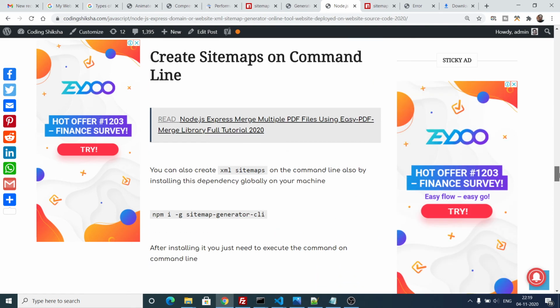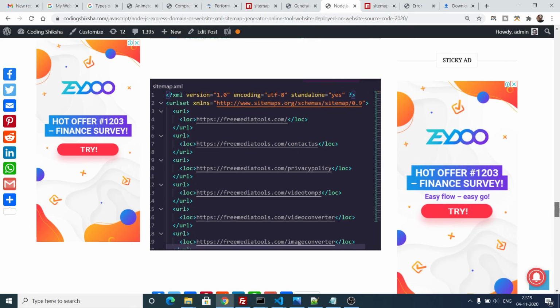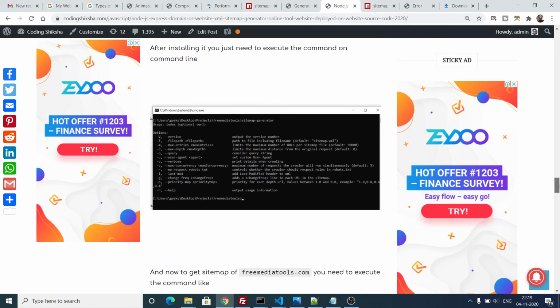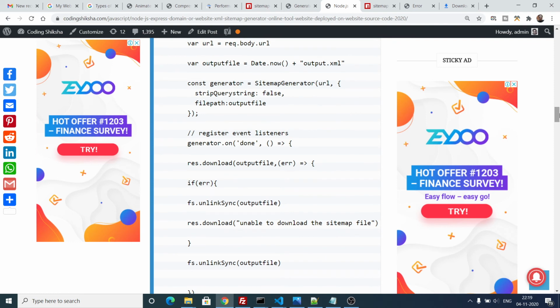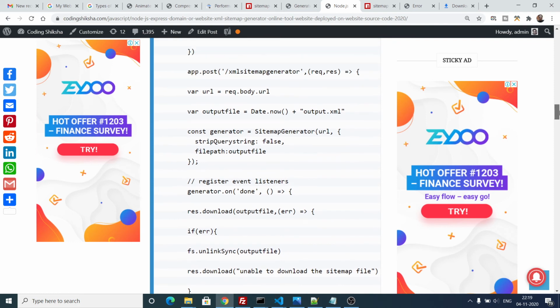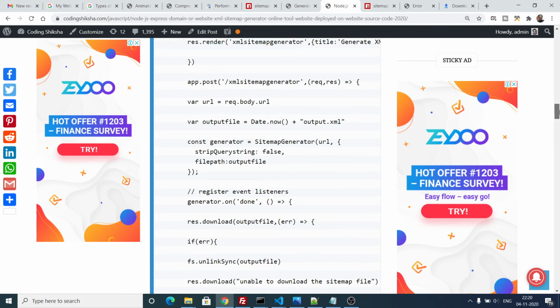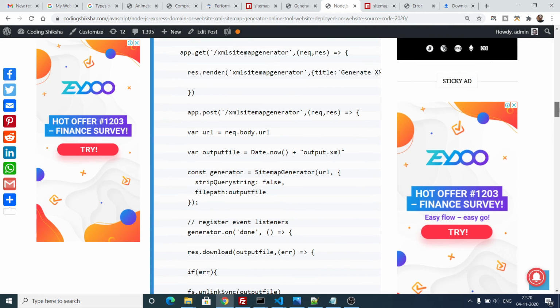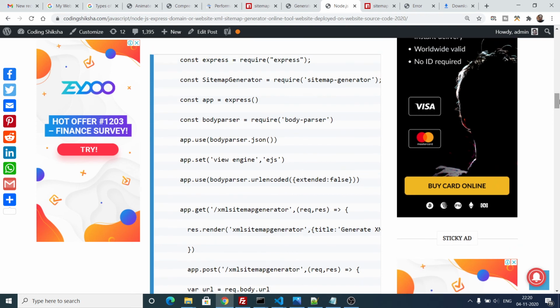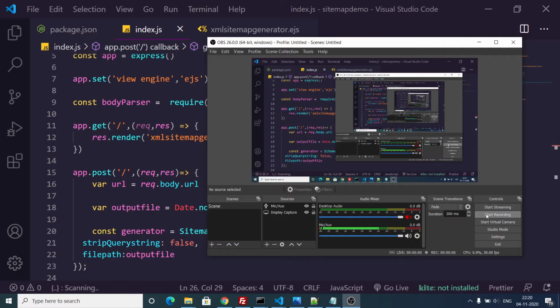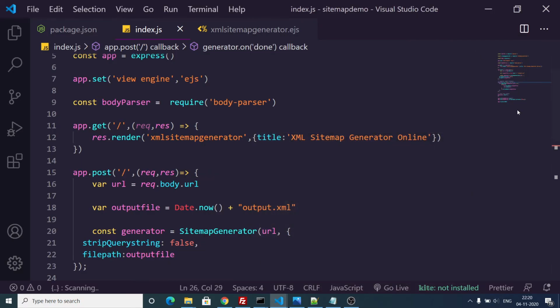If I check the JavaScript code here, on the top, the code is simple, the code is the same, but sorry guys, there was a very simple error.